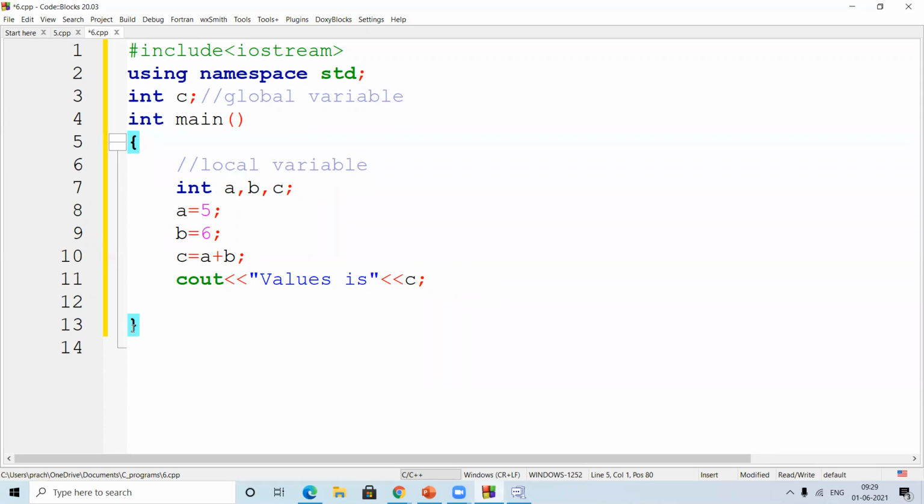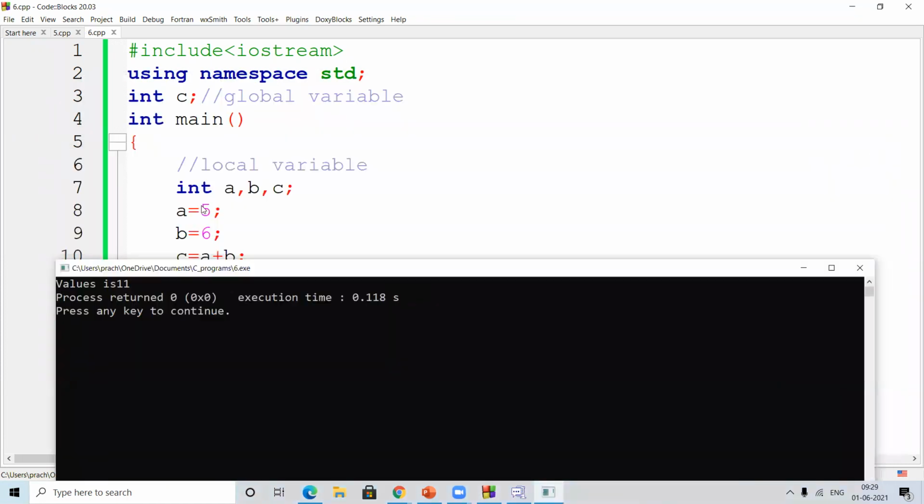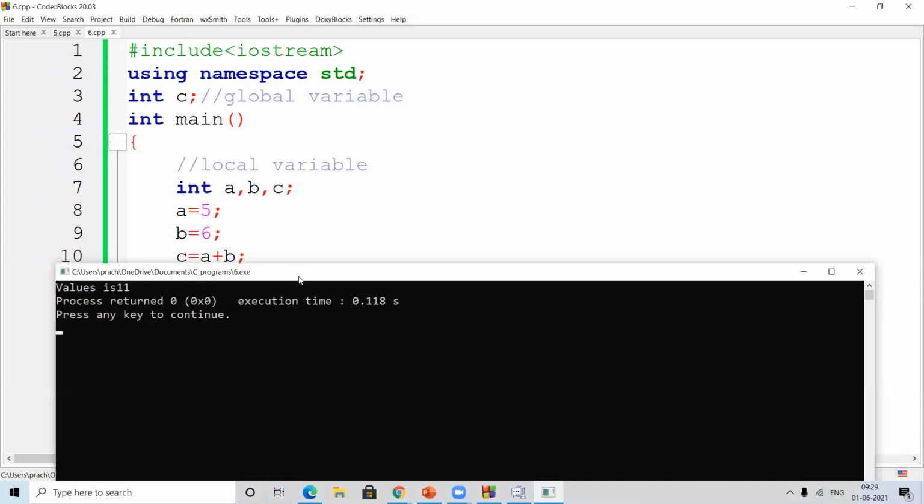Simple. एक बात याद रखो कि block of statement मतलब curly braces open close में जो भी आपने इनिशियलाइज किया है वो लोकल है, बट अगर मेन के बाहर आपने कुछ भी डिक्लेयर किया है तो वो ग्लोबल रहेगा. ठीक है. तो हम इसको जब प्रिंट करेंगे तो वैल्यू कौन सी आएगी? ये वाली आएगी. ओके. बिकॉज वी हैव रिटन दिस 5 लिखा 6 लिखा a plus b हो उसको प्रिंट कर दिया.